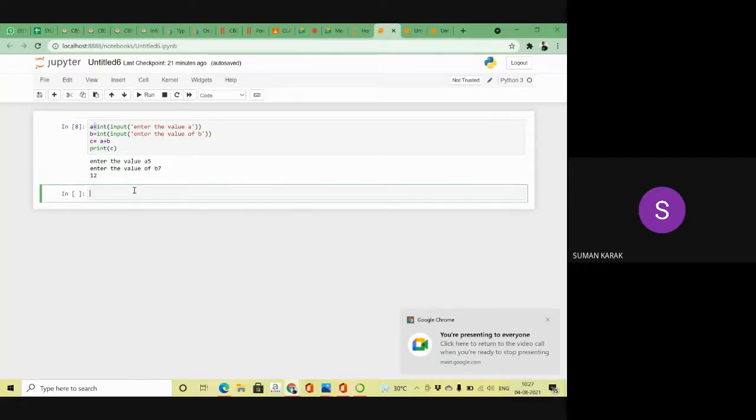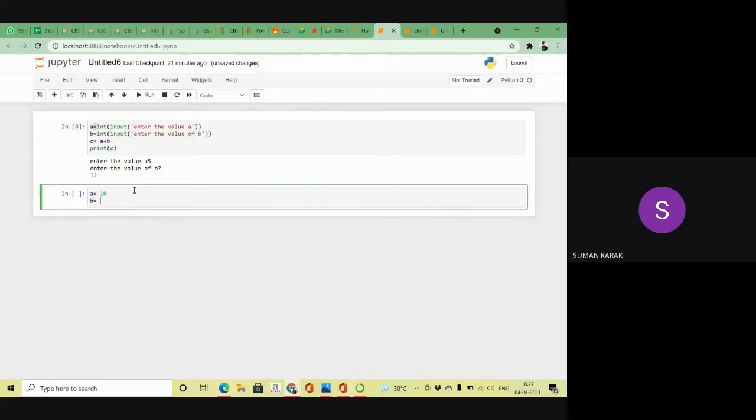How were we taking it? Suppose in this line, a is equal to 10, right? a is equal to 10, b is equal to 5. Now you write c equal to a plus b, c is the variable and the value is a plus b. I'm using the mathematical operation. Now if I execute this c, then what do I write? The print, right? Print c, right? Now you see.